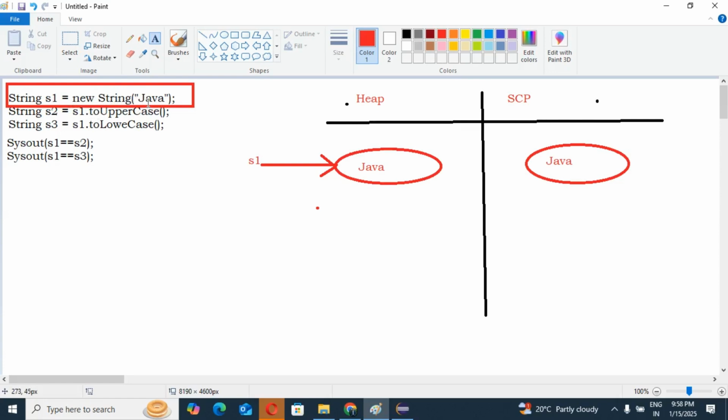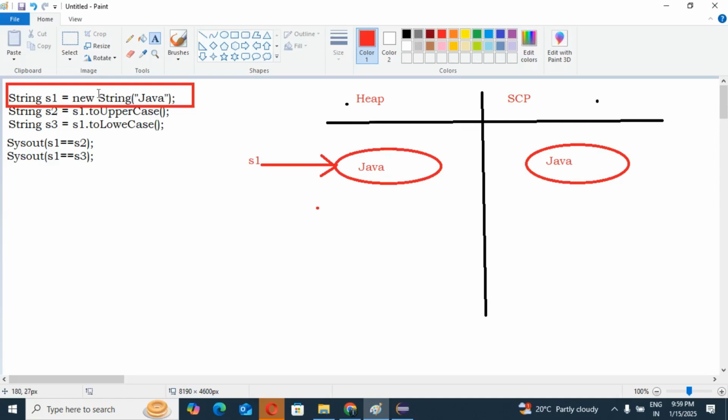Yes or no? This is our runtime operation, right? So if you are trying to change its content at runtime, then one new object will be created. Yes or no, guys?